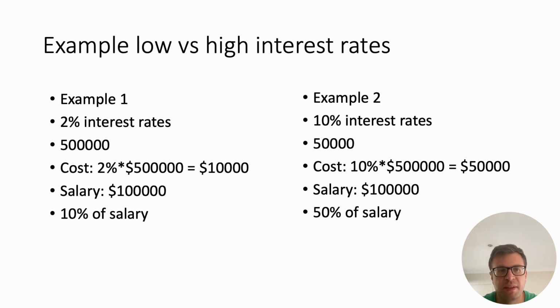On the contrary, if the interest rate is high, for example a 10% interest rate on a $500,000 house, that will be 50,000, which is 50% of the salary. So in this situation, it's very high, and that means that people can't keep paying at that price. In the next example, I will explain what happened, because extreme cases become the average, and then I will explain what most likely happened to assets because of those situations.